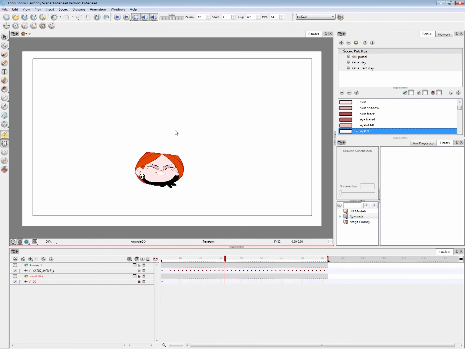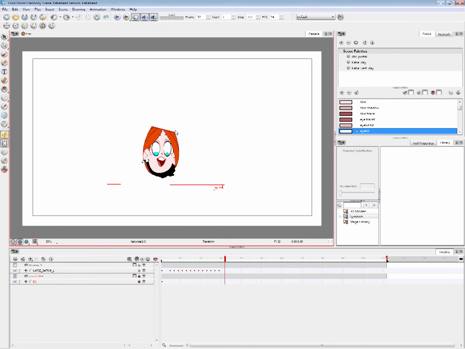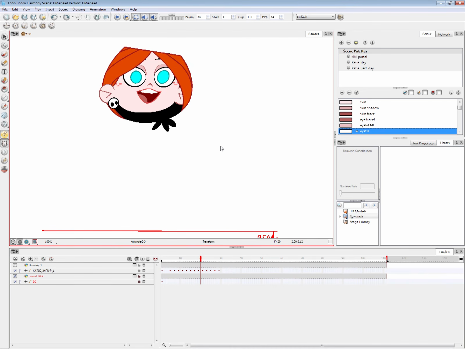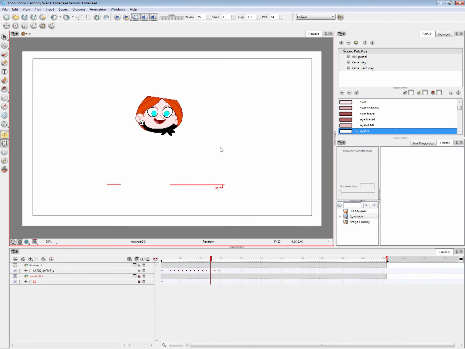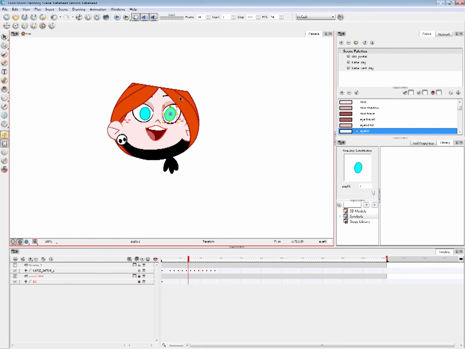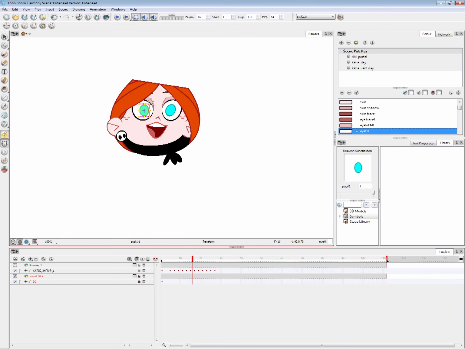And I think the hang time might be a little bit too much, so I'm just gonna undo everything and go back to our initial loop cycle here. Yep, I think as she's coming down, it's a little bit too much, so I'm gonna get rid of one key. Okay. And as she's opening, I want her pupil to go smaller a bit.